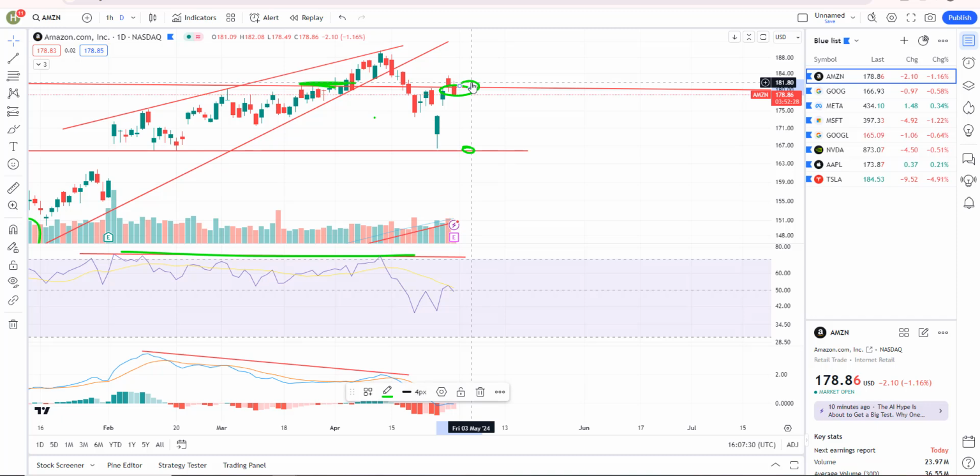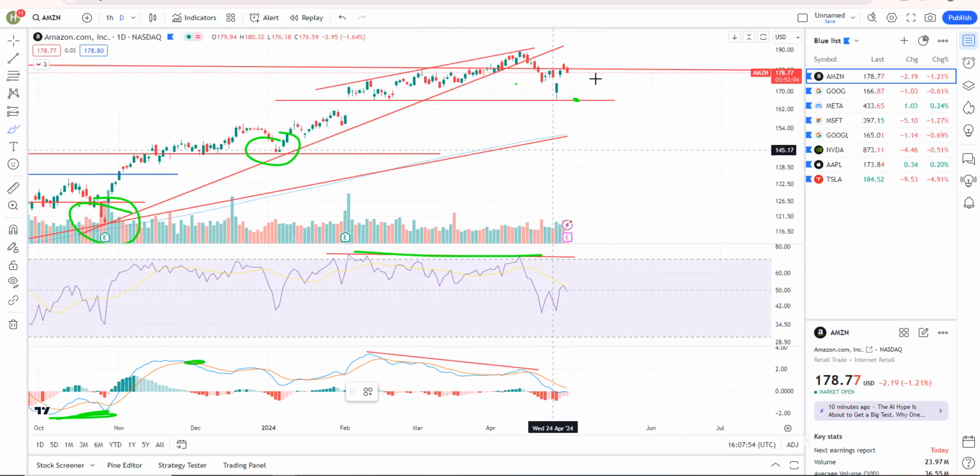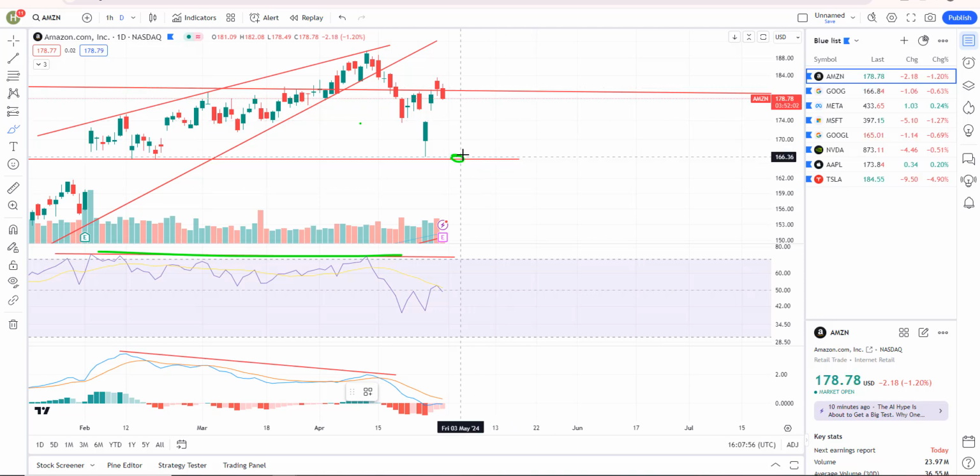Then the large institutional money will come in typically in the next day in the regular market session and place their bets. So it's not so much what happens instantly right after in the after hours. It's really more important what happens tomorrow, when the big money has an opportunity to take positions. But if I had to guess, with the negative divergence that's in play, this thing's going to gap down after earnings. Again, that's just a guess.